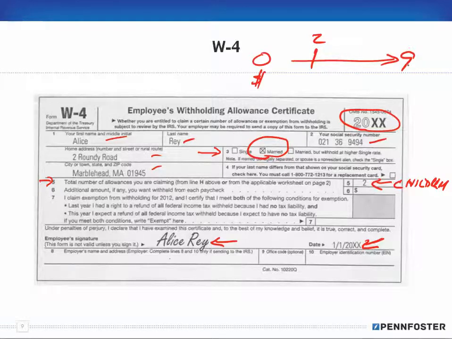But when you have 9 allowances, you have the least amount withheld, okay? The reason for that is because you have more mouths to feed, so the government doesn't withhold as much, so that you have more money in your pocket to be able to feed those 9 children, right? Now, you're saying you have 2 children, and last year around tax time, there was this big article about how